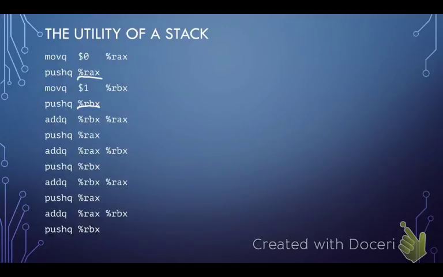And so all I've done now is replace those move operations with these stack operations to push. So by the time we're done, then the stack has on top of it the most recent value in our sequence, and we could move up through the stack then, or down through it, whichever way you want to think of it. We could pull those values off and work backwards through the Fibonacci sequence. So this would also be a way of utilizing memory, utilizing the stack in order to reuse our registers.